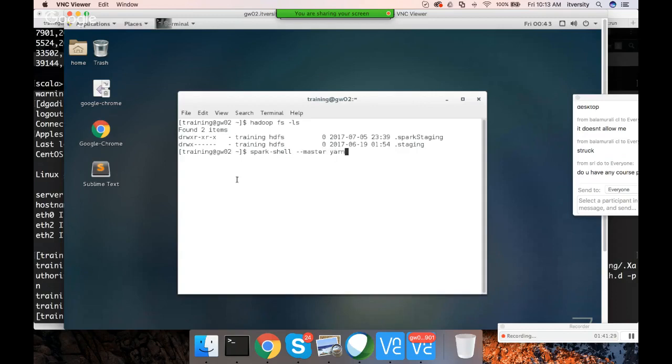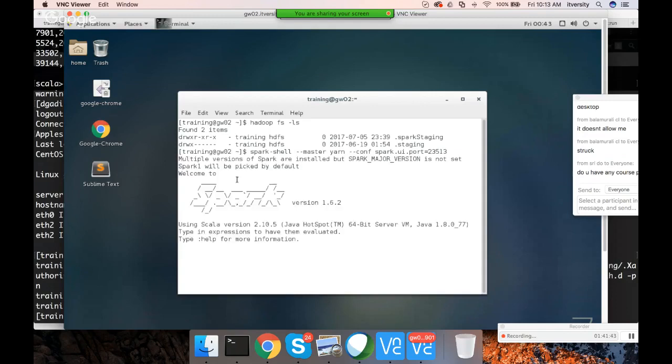You can do spark-shell --master yarn --conf spark.ui.port= and enter, and it will launch the Spark Shell, and you can start writing the code. Also you can use Sublime Text, gedit, etc. All those features will be provided to you as part of this remote desktop